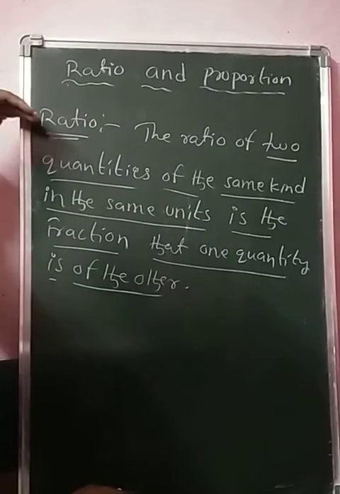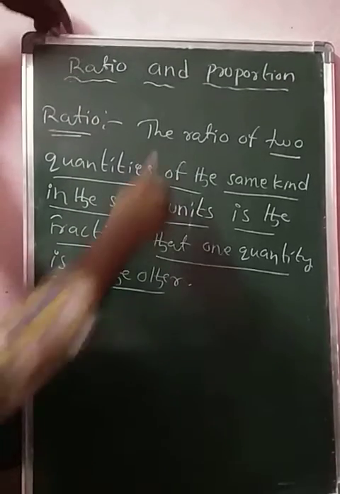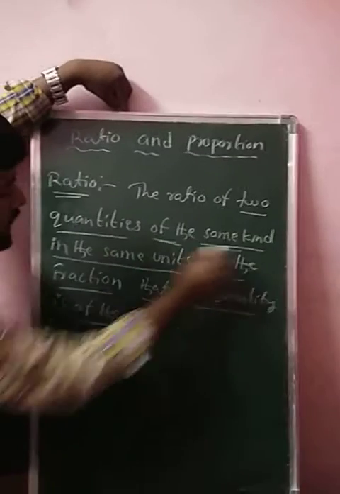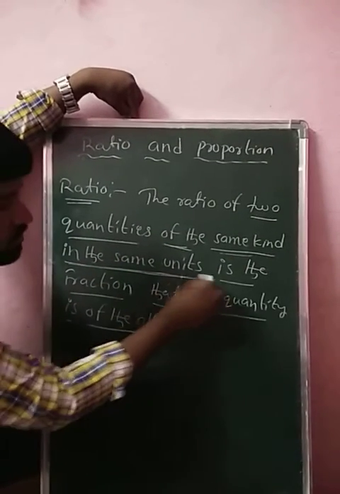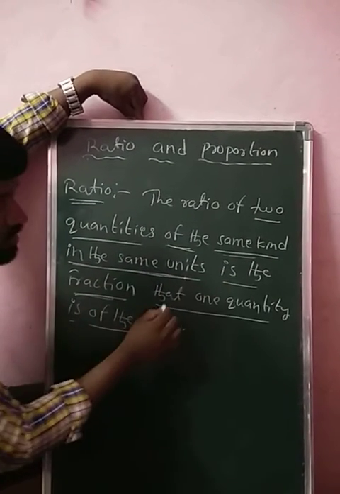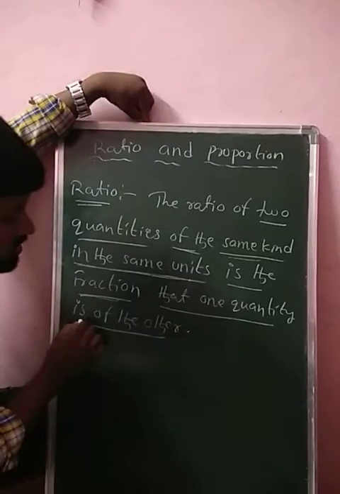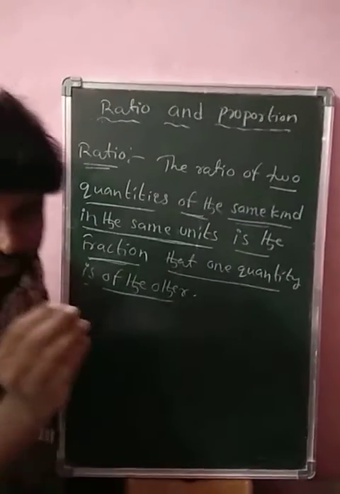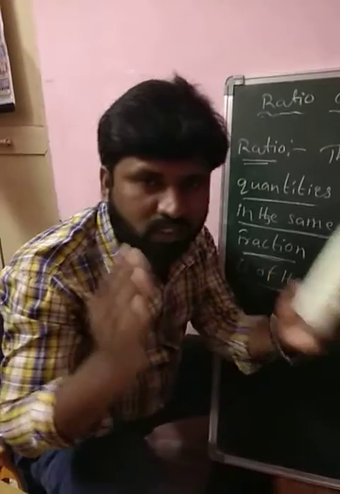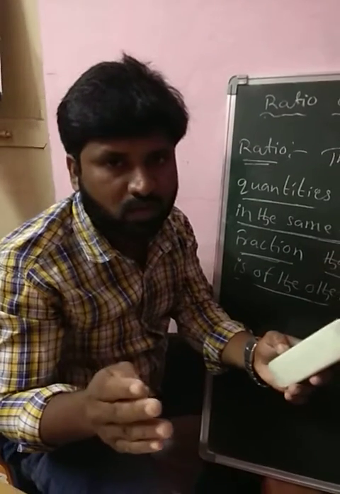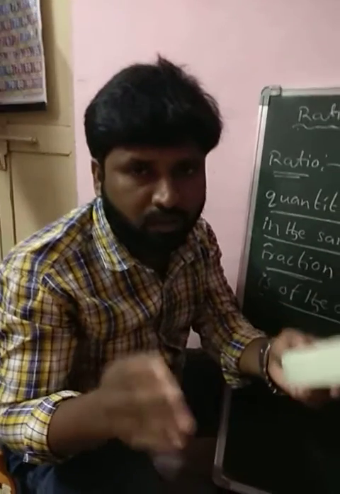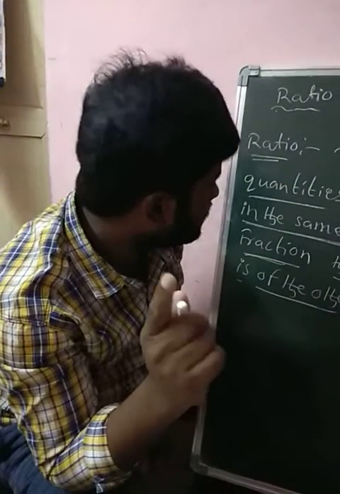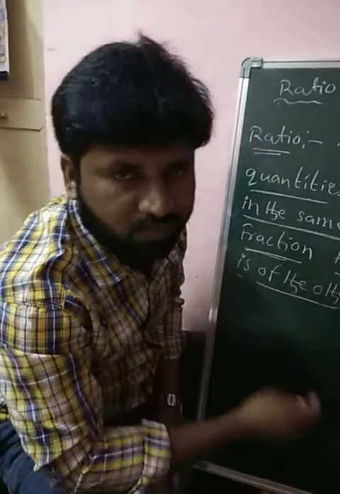What is the definition of ratio? The ratio of two quantities of the same kind in the same units is the fraction that one quantity is of the other. While we are going to compare two quantities, they should be in the same kind of units. For example,